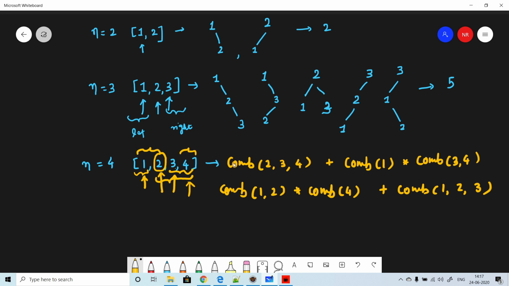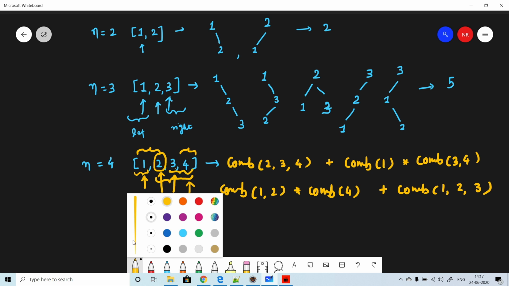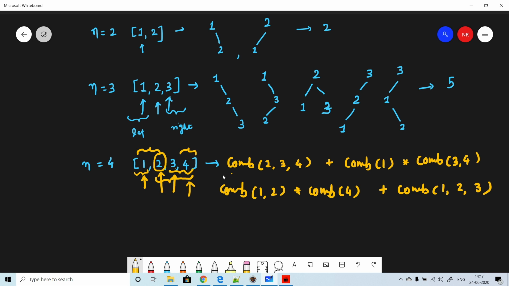These are the different possibilities of the BST we can make by keeping the nodes at the root. Now if you see in these combinations, when you put 1 as a root and keep 2, 3, 4 on the left-hand side, we are again creating a BST for n is equal to 3.